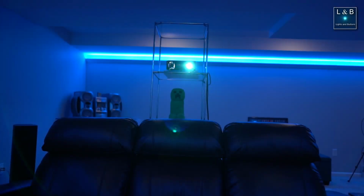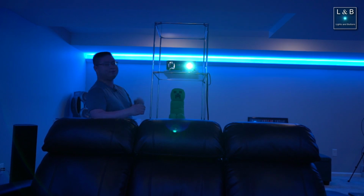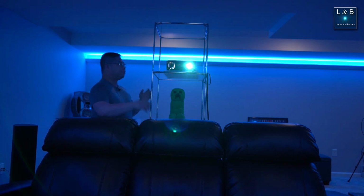Oh, and probably the least favorite part of my home theater system is the fan noise from this projector. Now, if I'm quiet, you can probably hear it from the lav mic. Hopefully you can hear it. But this is pretty loud in my opinion, and especially because it's behind you, it kind of ruins the audio